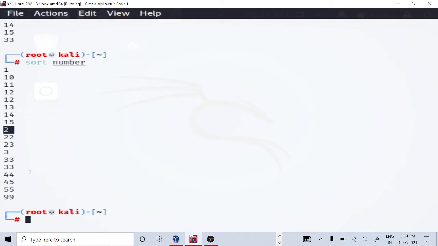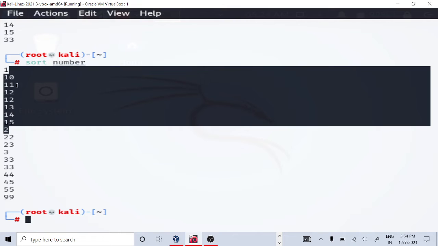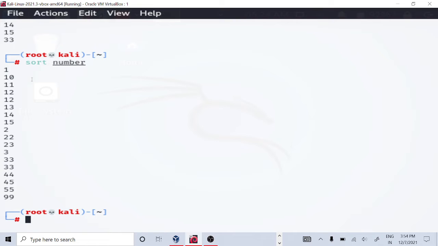Why is this so? Because it is sorted based on alphabetical order. That means numerical values have no significance in it. That is why it just takes 1 as text, and 1 is sorted before 2 or 22 or 3, something like that. All the numbers which start with 1. So how can we sort these numbers numerically? For that we have to use the n option. And using the n option we can sort the file numerically very easily, right?